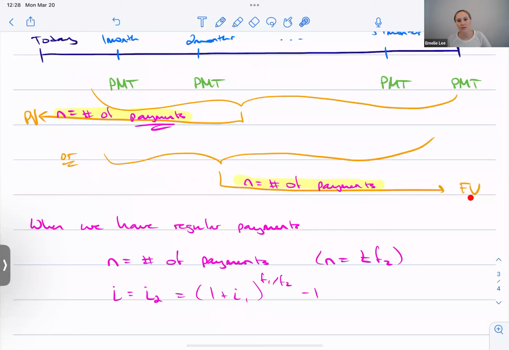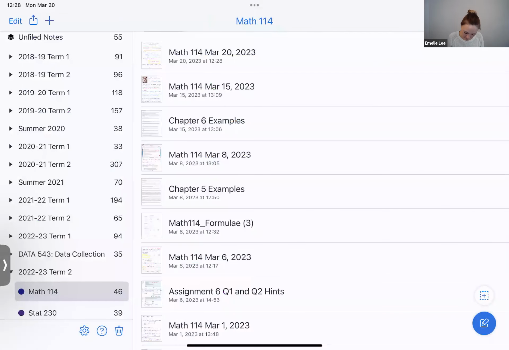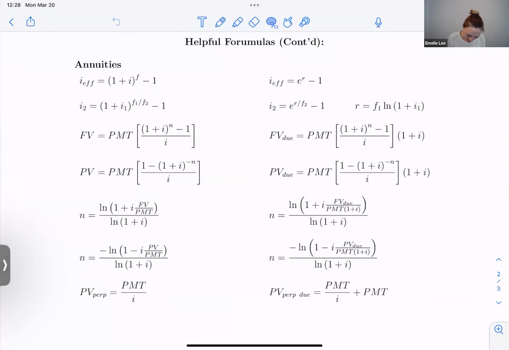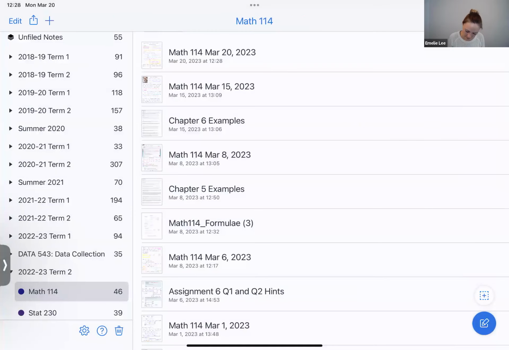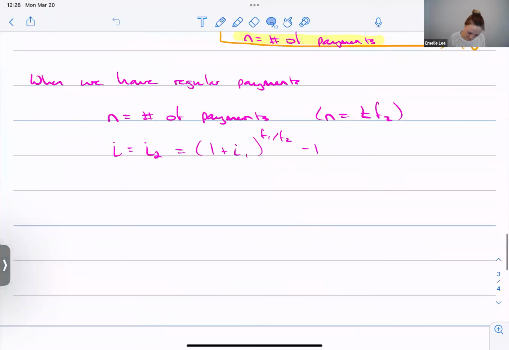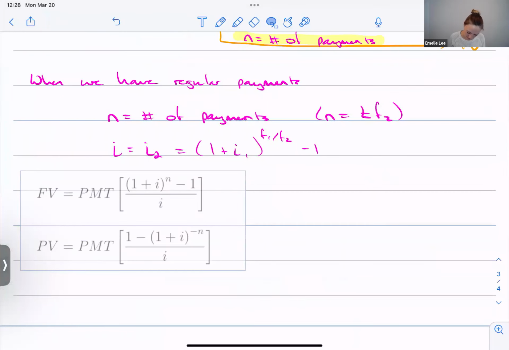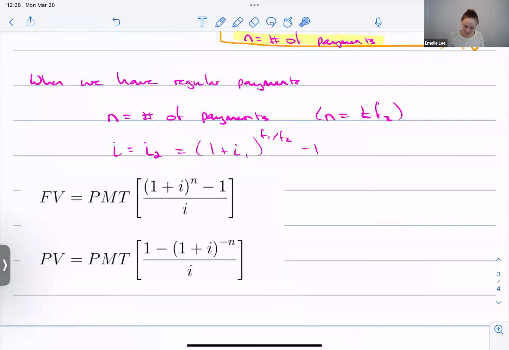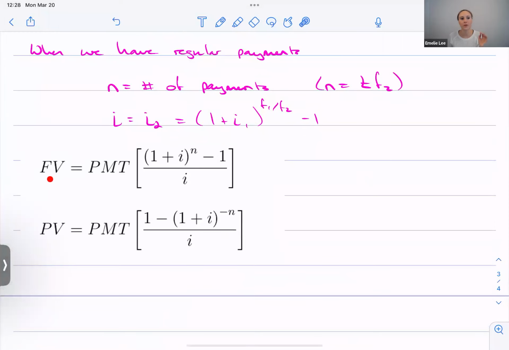We're going to start by solving for the future value, and then we'll do one solving for the present value. So I should have introduced them in the right order, but that's okay. Where's the formula sheet? Depending on if you want to solve for the future value or the present value, notice that in the future value formula,